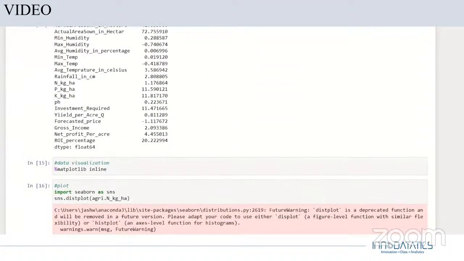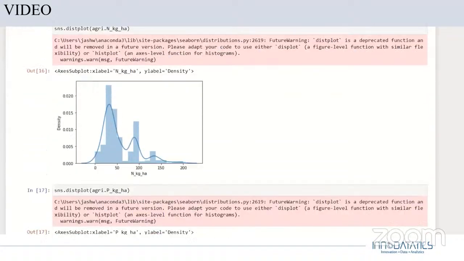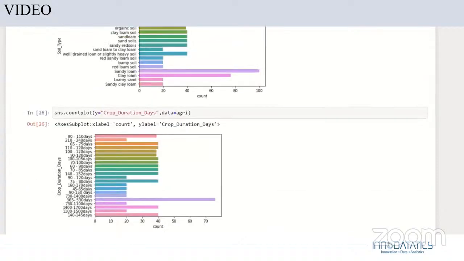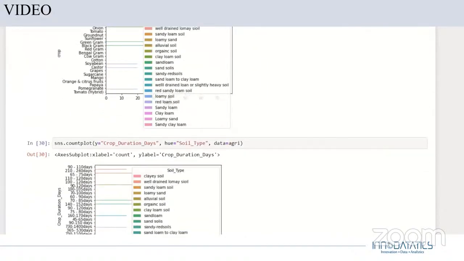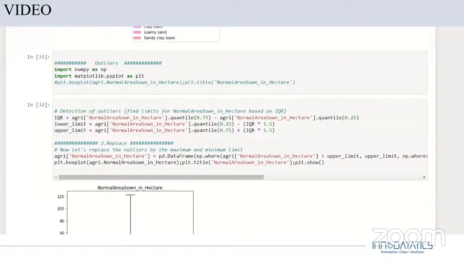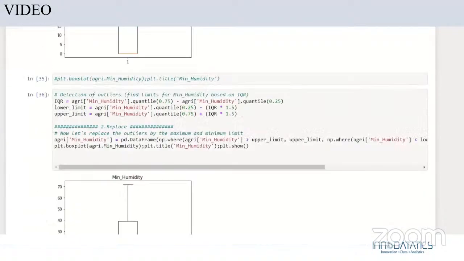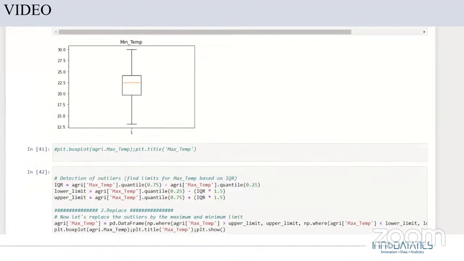This is our data visualization for different features. Here we have used Matplotlib. Then we detected some outliers, which we have replaced.